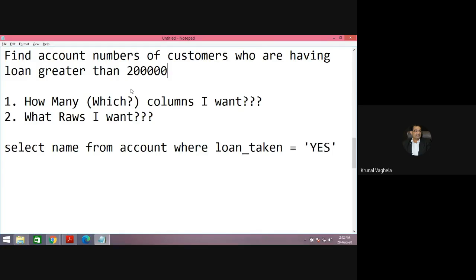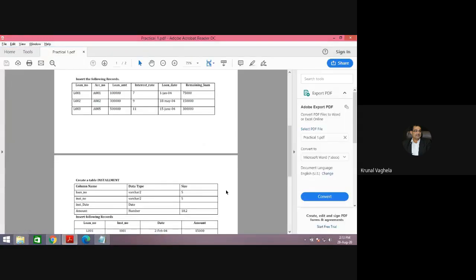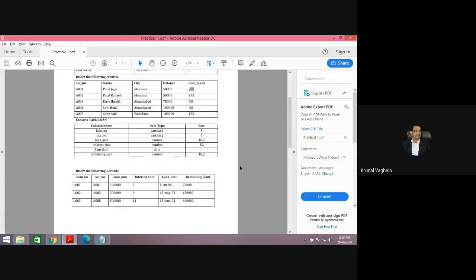Find account numbers of the customers who are having a loan greater than 2 lakh rupees.